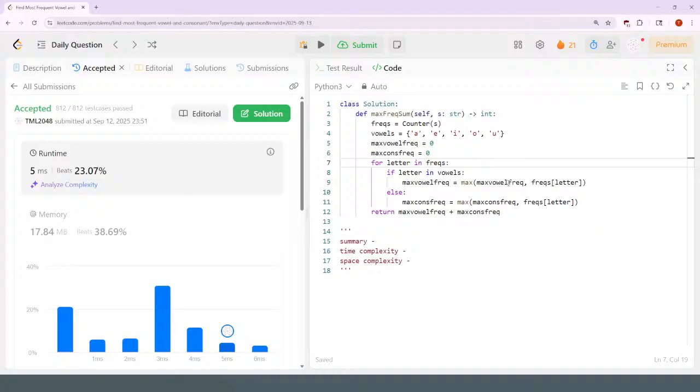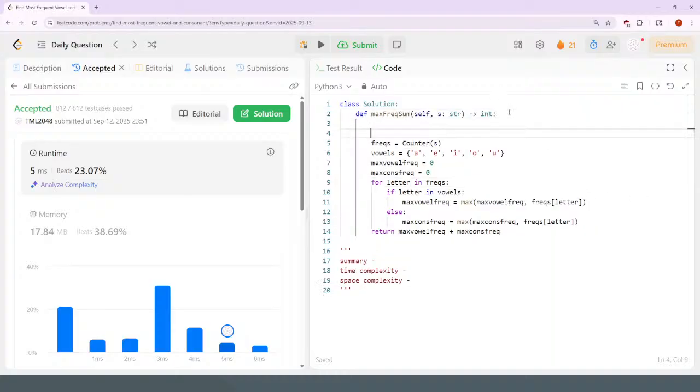Create my own. Okay, let's just try to create my own. So frequencies is an array of zeros times 26 letters,